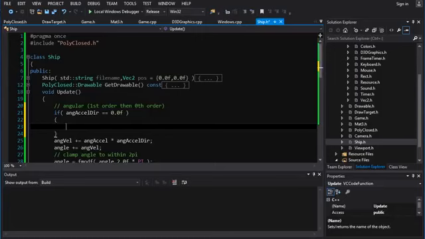Wait a second. Wait just 1 second. All right. How do we do it? Well, we go angular velocity plus equals, and we want the angular acceleration times negative of the sine